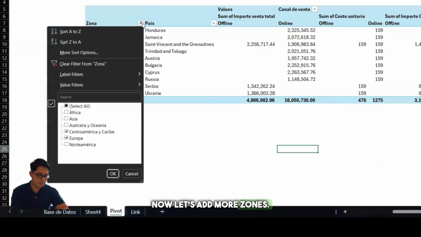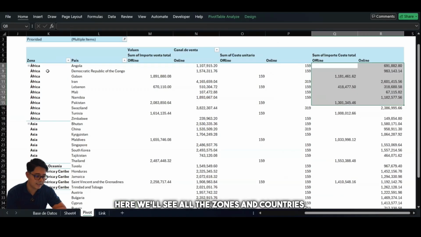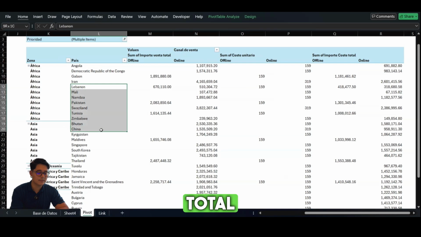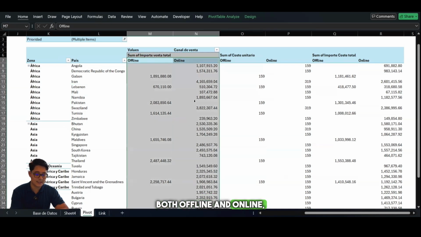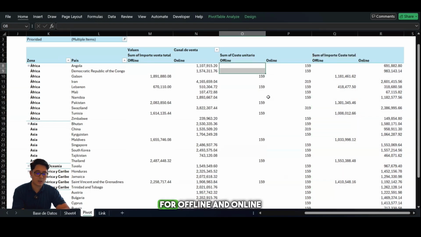Now let's add more zones. We'll select all, then click OK. Here we'll see all the zones and countries. We'll also look at total sales, both offline and online. We'll be able to see all total costs, offline and online, as well as the unit cost for offline and